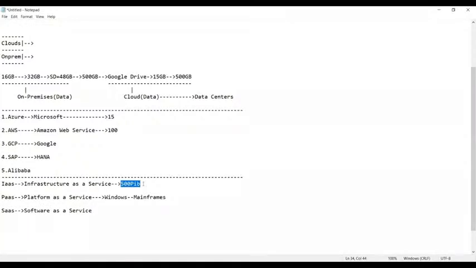And then you have software as a service. Software as a service, what does it do? This is a service, guys, which is provided in the form of, you require some softwares. Suppose you require some softwares to go ahead or to work in your environment, such as, okay, now we have some applications.